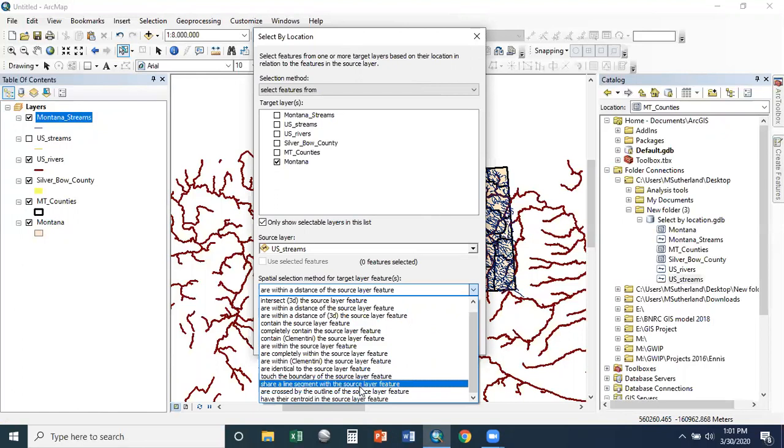Share a line segment with. That means if it partially or completely shares a segment of a line or overlaps anywhere, it's going to be selected. Are crossed by the outline of the source layer feature. Again, that's basically the opposite of,